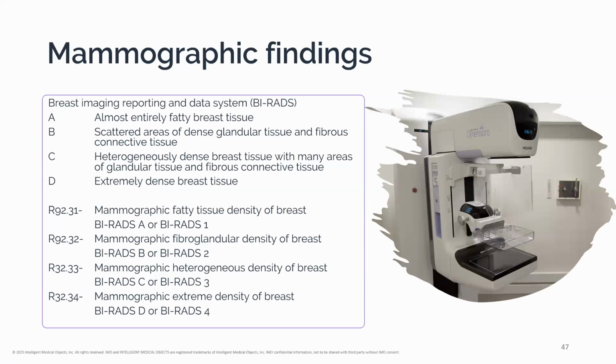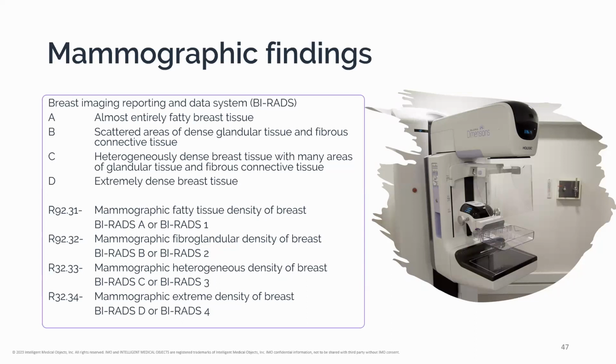There are several new codes that were introduced to capture very specific mammography density findings. The American College of Radiology developed the Breast Imaging Reporting and Data System, also known as BIRADS, to help interpret and report mammography findings. The 4 BIRAD categories of dense breasts are shown here on the slide. As you can see, the new codes align with the 4 categories, and each subcategory of code provides laterality options as well. There is also a unique code for dense breast unspecified at